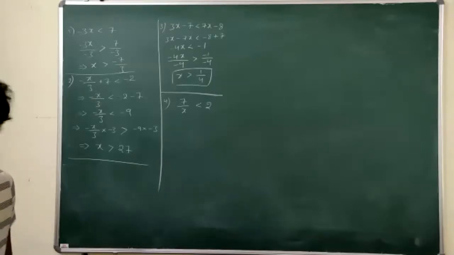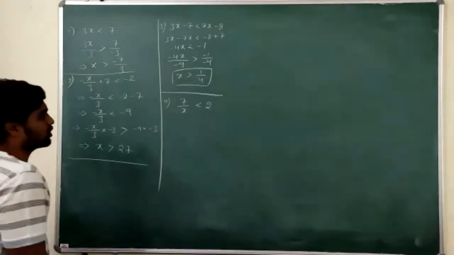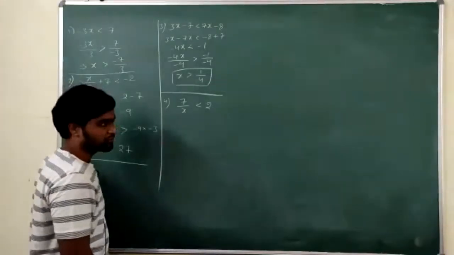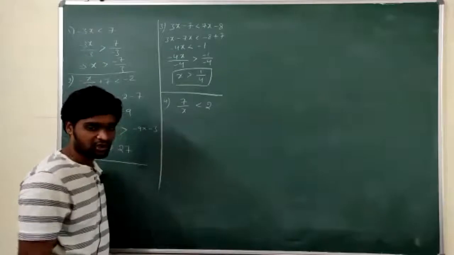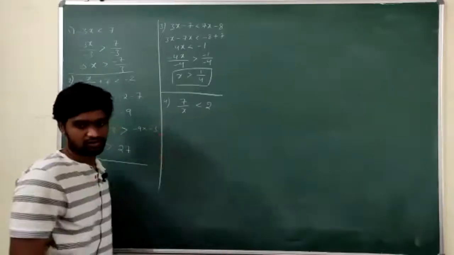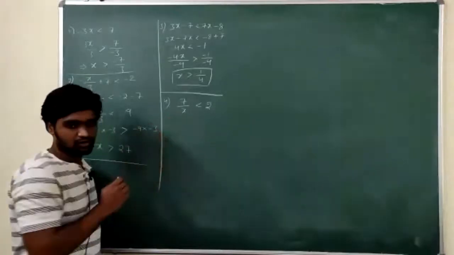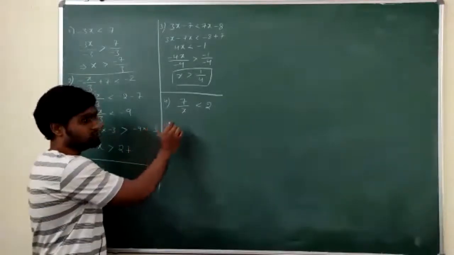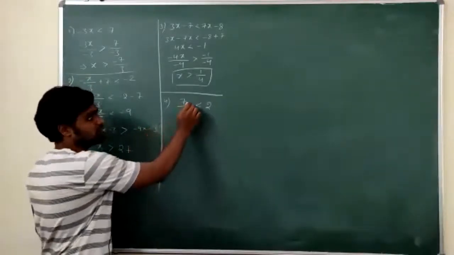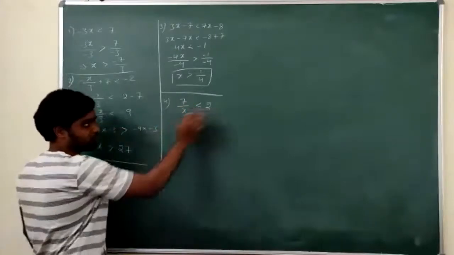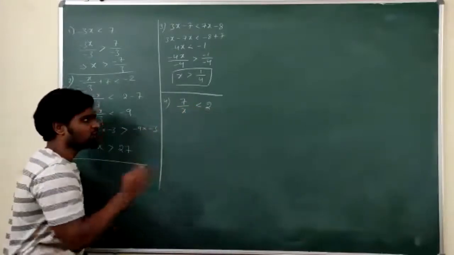Didn't you revise yesterday's lecture? We cannot cross multiply with x, which means we cannot multiply with x on both sides, because x is a variable. That was the last point we discussed yesterday. So when variable terms are involved, we cannot multiply them on both sides of the inequality because what is the reason?